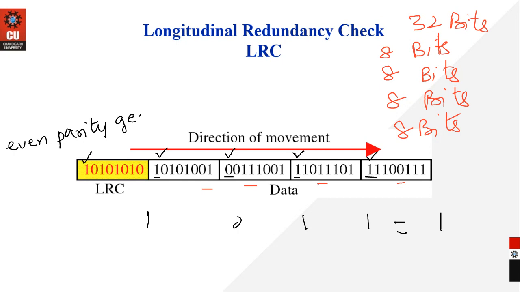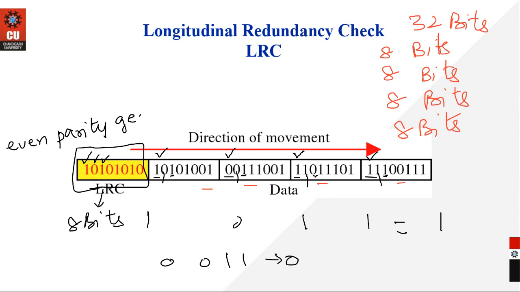Now similarly you will consider this. This is 0, 0, 1, 1. फिर से क्या बन जाएगी? If I'm using even parity generator, it will become 0. Yes. So it will be put up here. Then you will consider third, which will make it as 1. Similarly, you will do for the respective places. कि first row में fifth place पे क्या है, second में fifth पे क्या है, fourth पे क्या है. Then in the end you will get 8 bits of data.